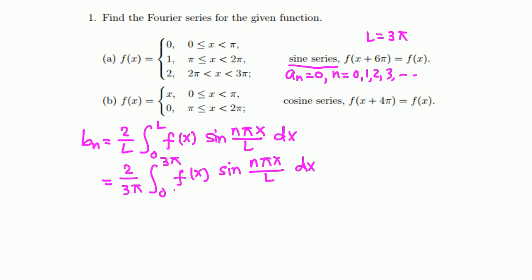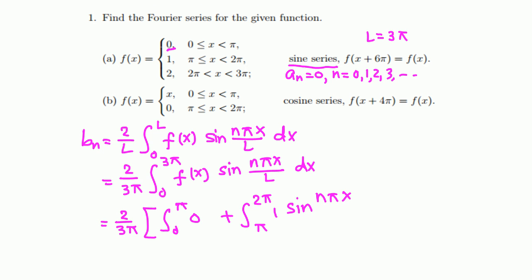Okay, 0 through 3 pi, the function has 3 pieces, so we need to break this domain into 3 parts. So 2 over 3 pi is outside, so 0 to pi, and on 0 to pi the function is 0, so basically nothing. 0 plus pi to 2 pi, this function is 1 times sine n pi x over L. L is 3 pi, so pi and pi cancel, dx,